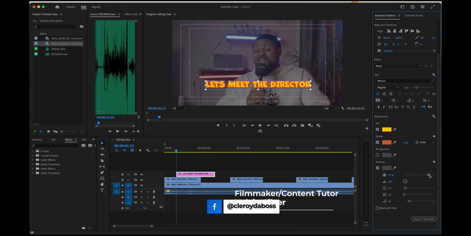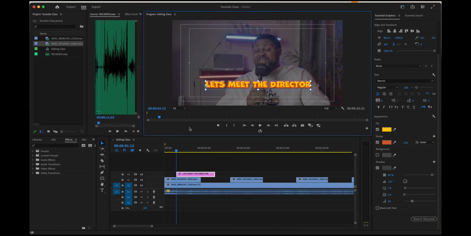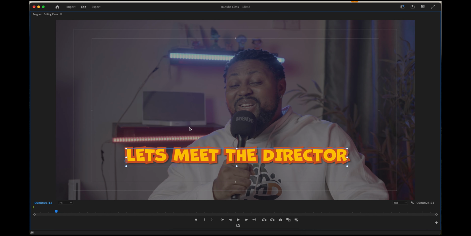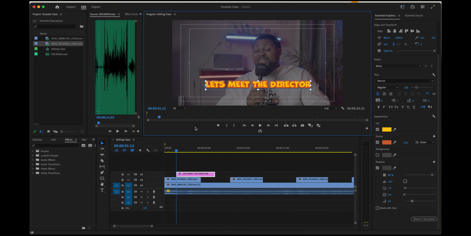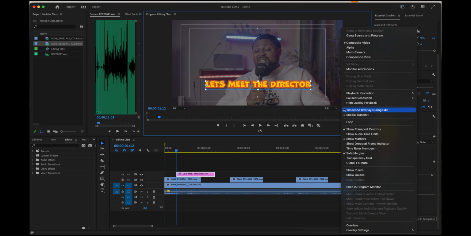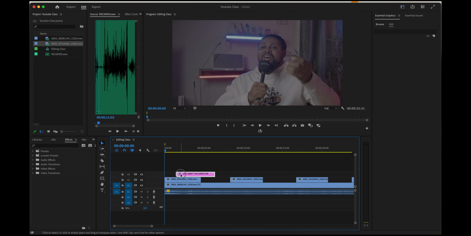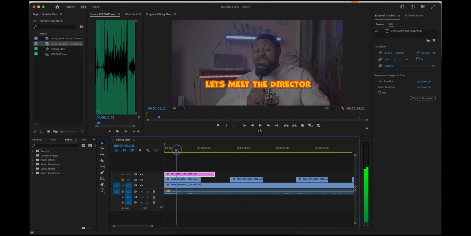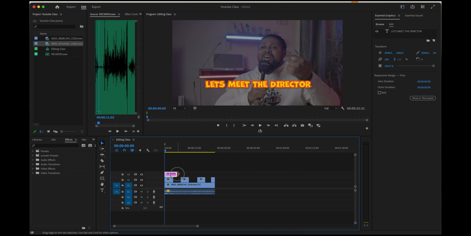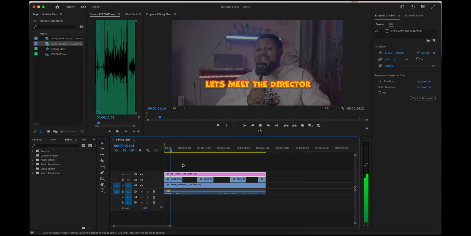And you can go to your shadow, open up your opacity, and make it stand out more. So the tilde key is what you use to make this thing full your screen. So you can see it looks very nice. So I go back and remove my safe margin. All right, I can put this, let it start from the beginning, let it be all through the video, right? So I'll click and drag to the end. Okay, so if I play,